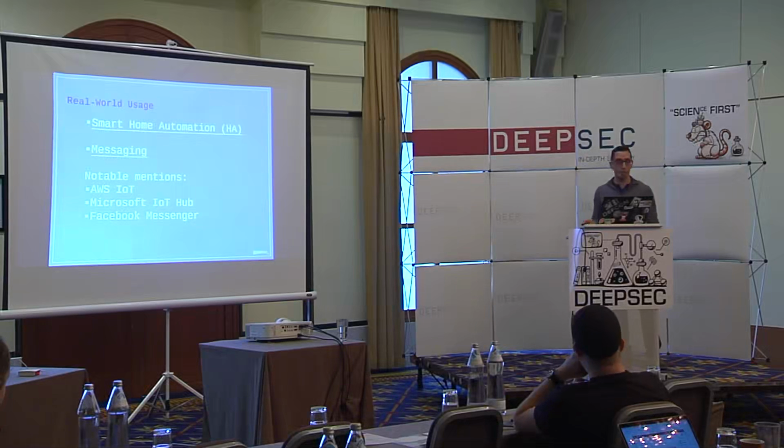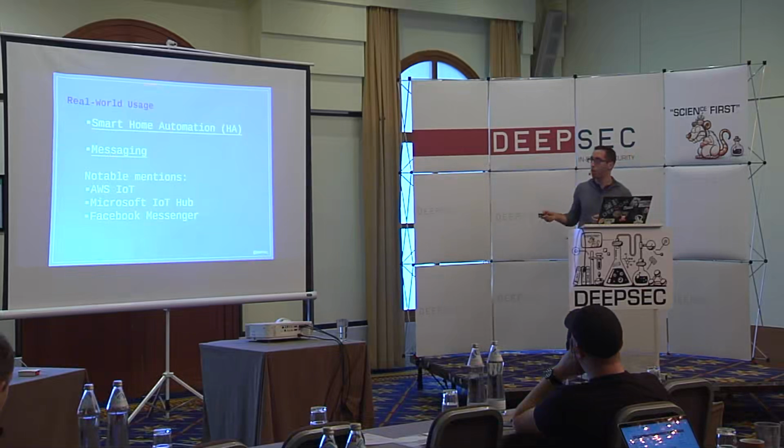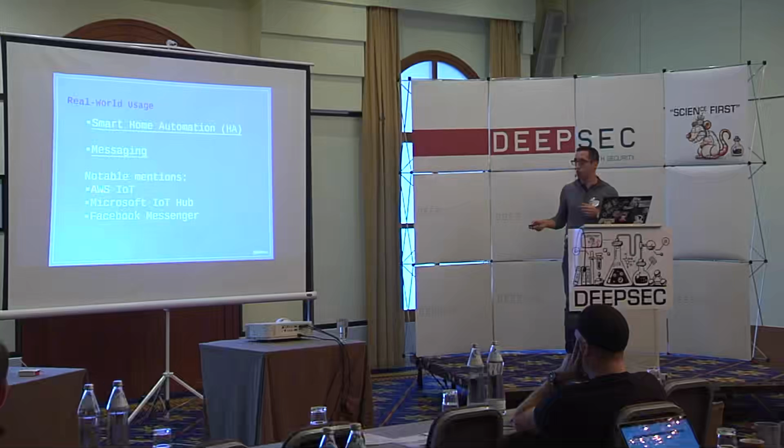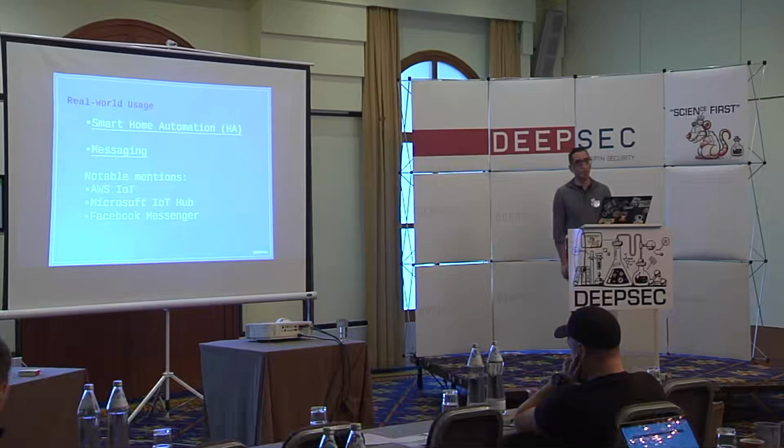It's the only example that I have of a true-to-life, very big infrastructure that is using MQTT as a protocol for messaging. So that's interesting, but when we are looking at it, we are usually looking at smart home automation. Now, the biggest competitors in the market, which are cloud-based, which everyone is talking with the cloud today. So we have AWS IoT, and we have the Microsoft IoT Hub, which is a broker from Microsoft Cloud, which you can lease and then use for your specific domain.